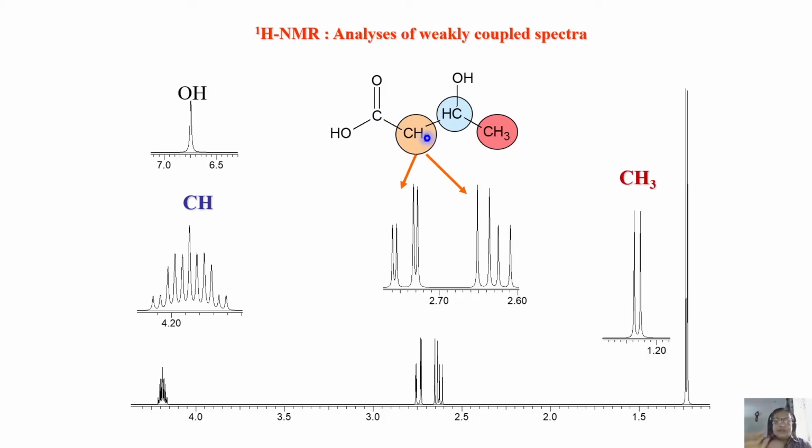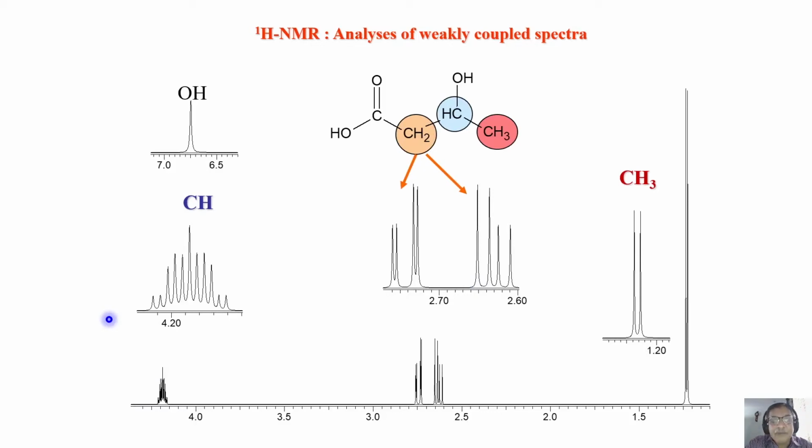Fine. If they are non-equivalent protons, now can we explain this pattern? How does it come about? Let us see. You are going to apply the 2nI plus 1 rule with this, and this will be a doublet. Since it is non-equivalent, now we have 3 protons coupled: these two non-equivalent protons and this one. When 3 protons are coupled, what is the pattern you are expecting? And remember, they are far away, separated. One group here, one group here, one group here.